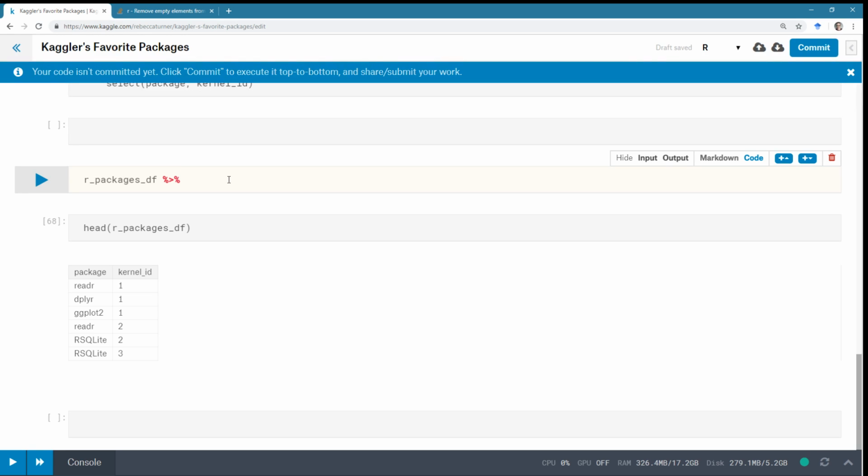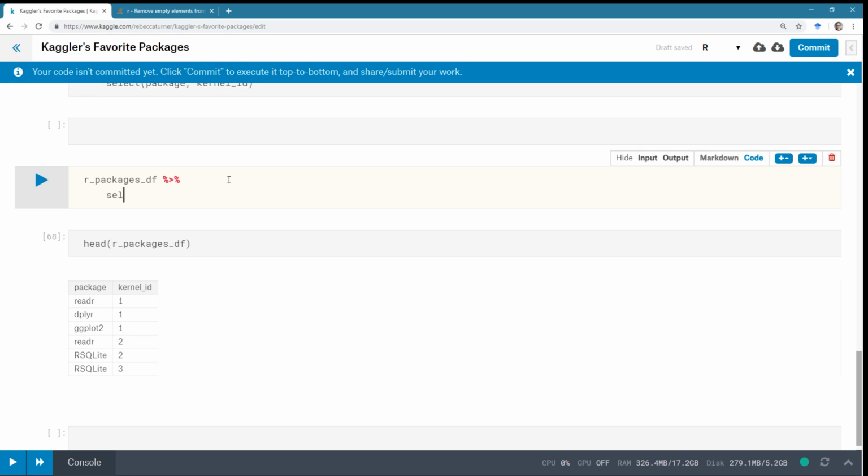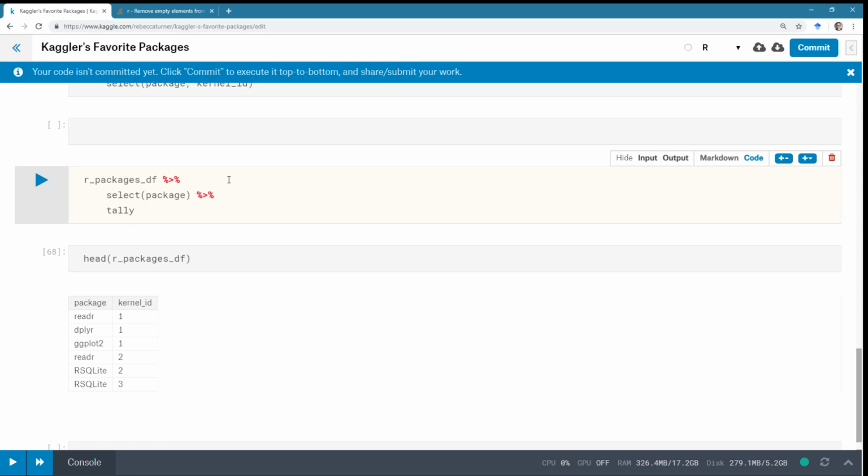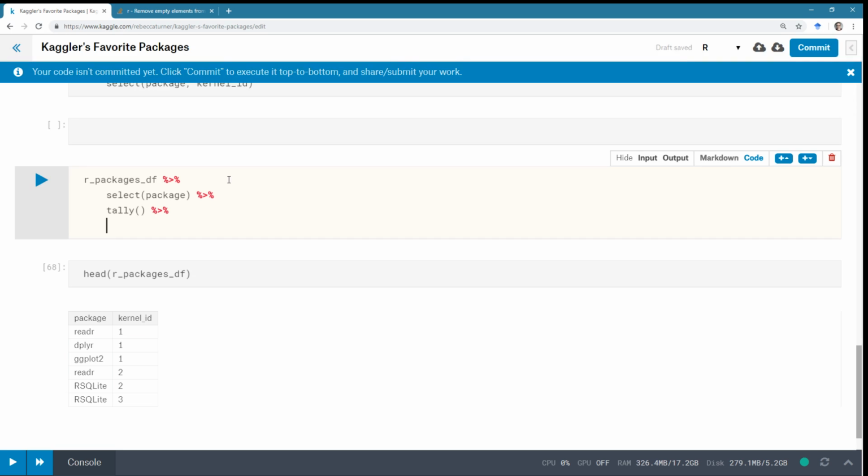What am I doing here? I am going to select package. And then I'm going to tally, so I'm just going to count the number of things. And then I am going to arrange. When you tally, I think it's called value in n? I don't remember.